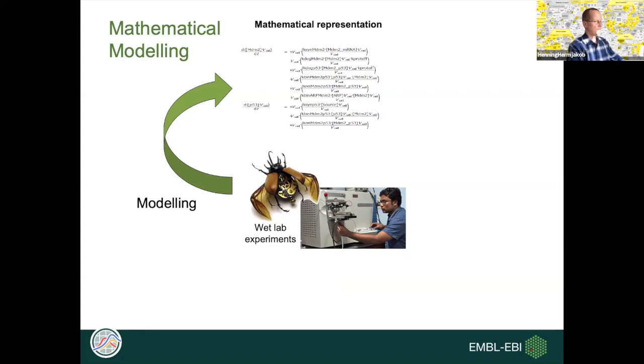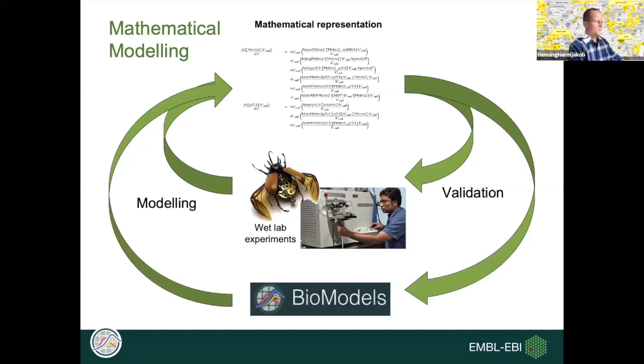So after developing this formal representation of the biological system, you of course want to do predictions, and you then try to validate them in the wet lab. And this is typically a cycle where iteratively the models are improved and our understanding of the biological system is improved with it. BioModels comes in